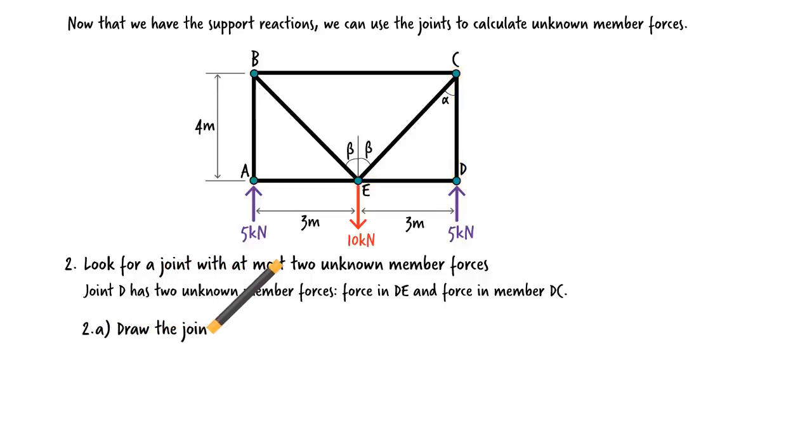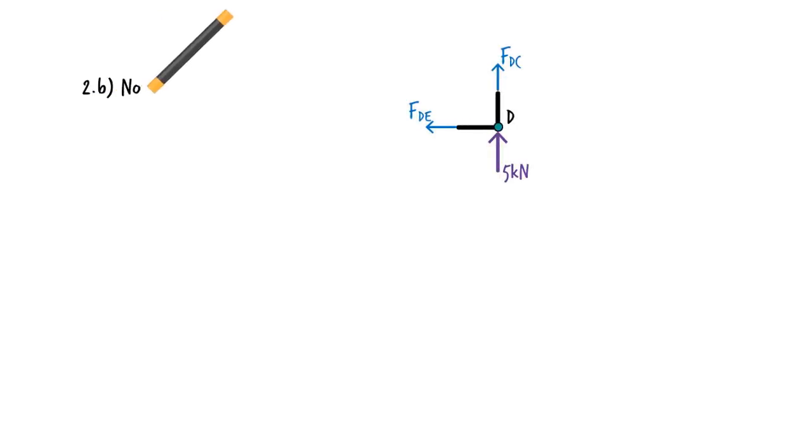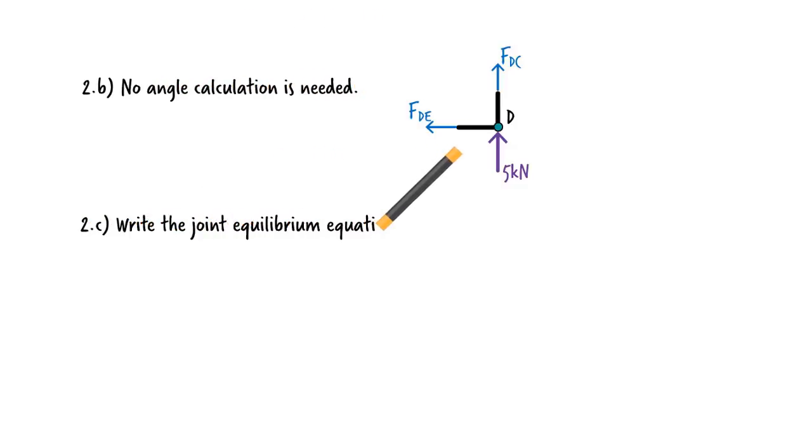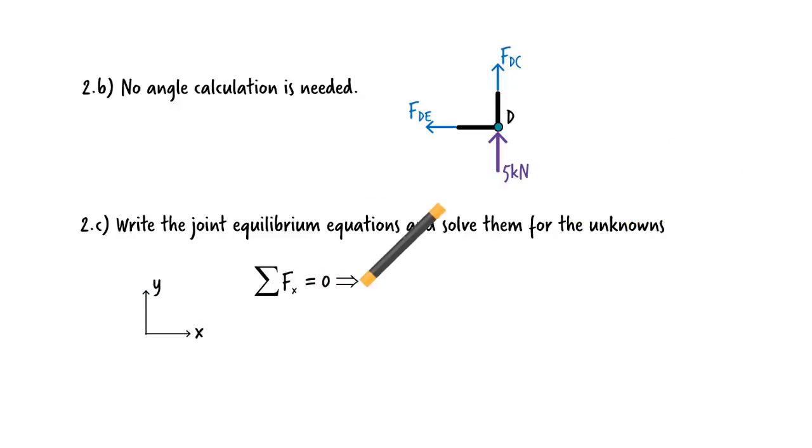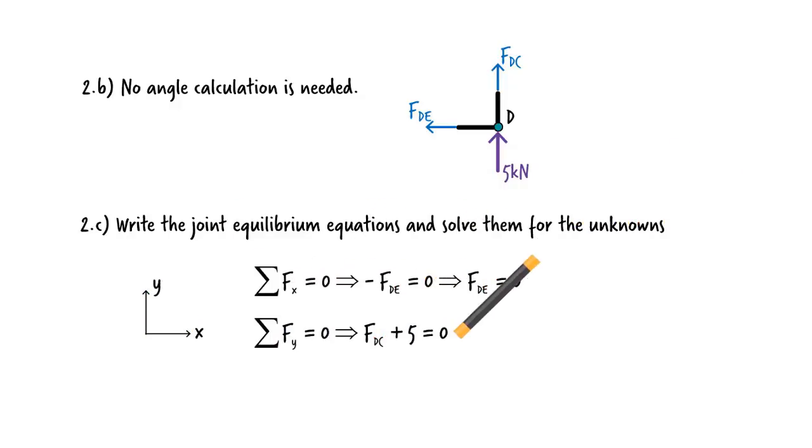Let's draw the joint's free body diagram. Here we don't need to determine any angles. The joint equilibrium equations are as follows. Using these equations, we can easily determine the 2 unknown member forces. They are: